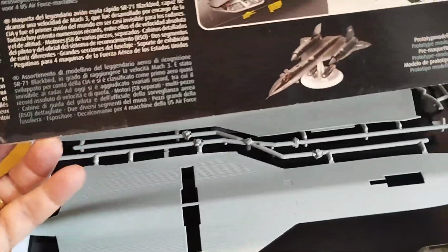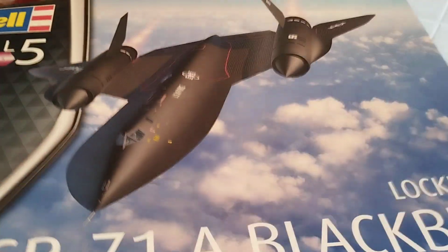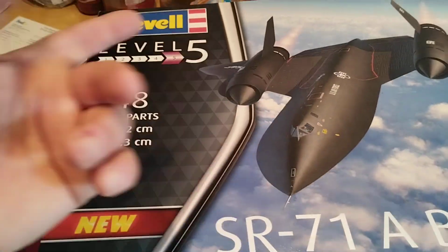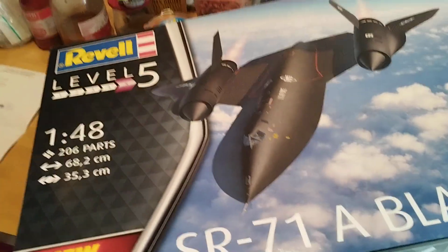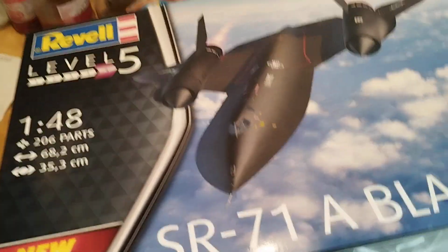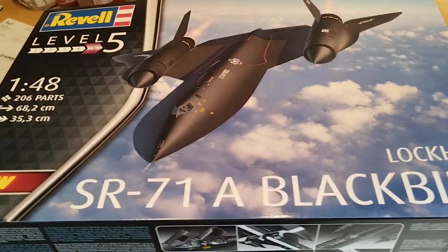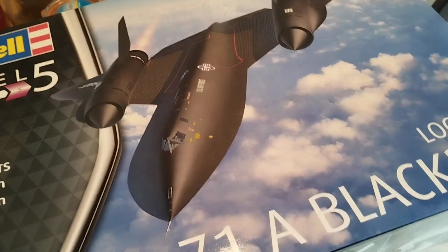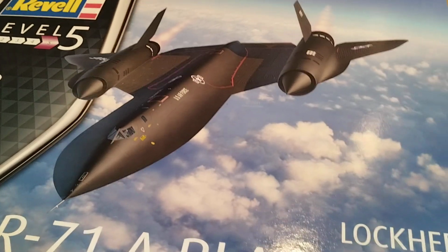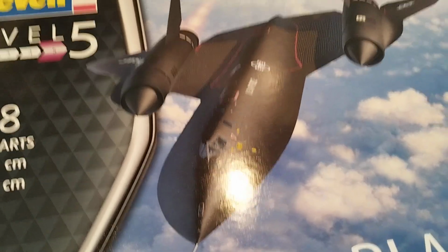This is a long-awaited model that had been announced by Revell a couple of years before, and everybody was waiting for this. Until today, we just had the Testors model that has also been reboxed by Italeri, and it is not so ugly a model. It was the unique possibility to build it in 1/48 scale until now, and mostly it was a model with, I think, something like a 40-year-old mold, so all the details belonged to that era. Testors was one of the best around making this type of kit. Instead, Revell is one of the best making this type of models, and I'm so happy to see this